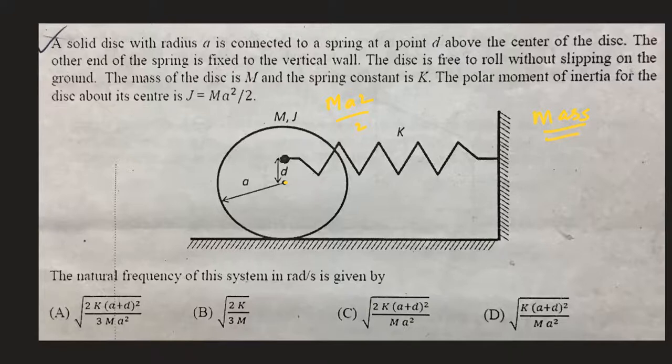Now they are saying that the disk is free to roll without slipping on the ground. That particular assumption holds a lot of importance while we are solving this problem. So before I tell you what are the details of this particular assumption and in what ways this particular assumption